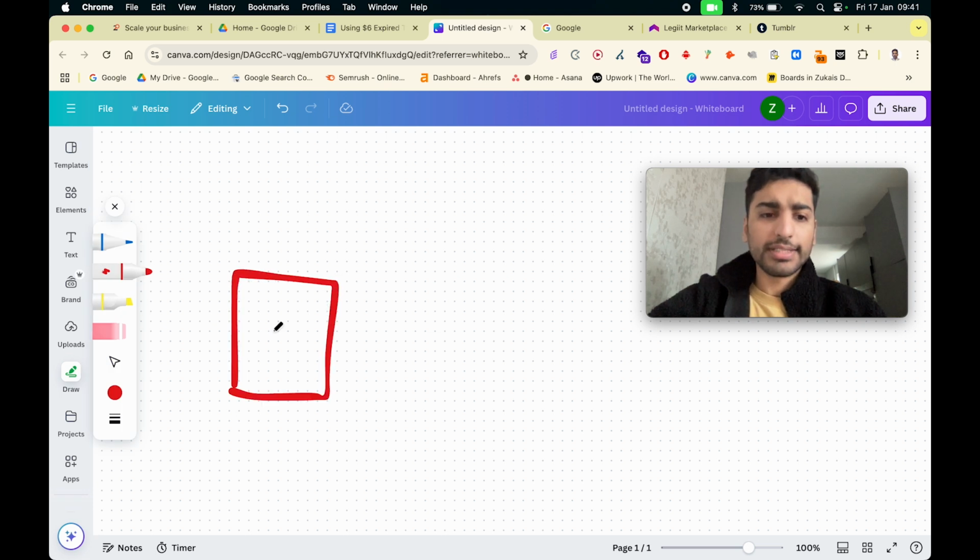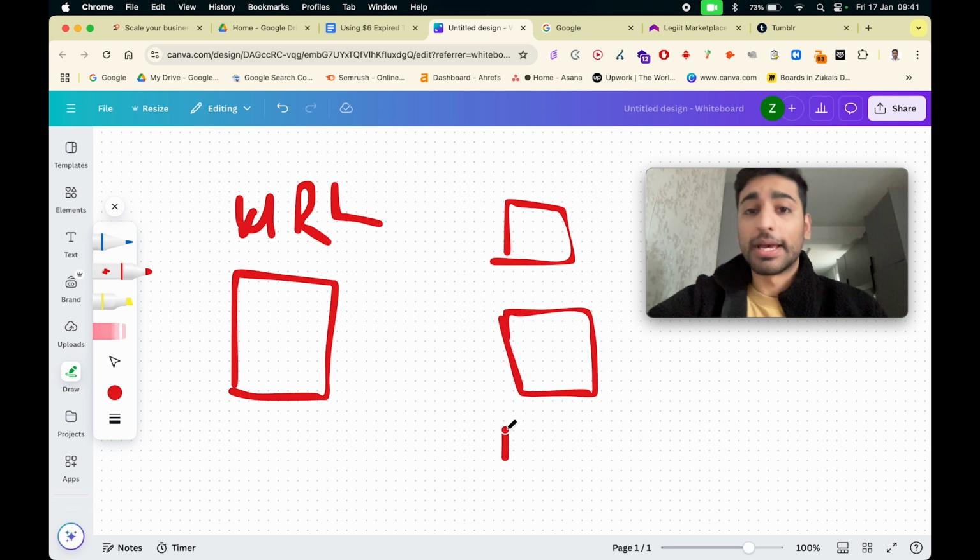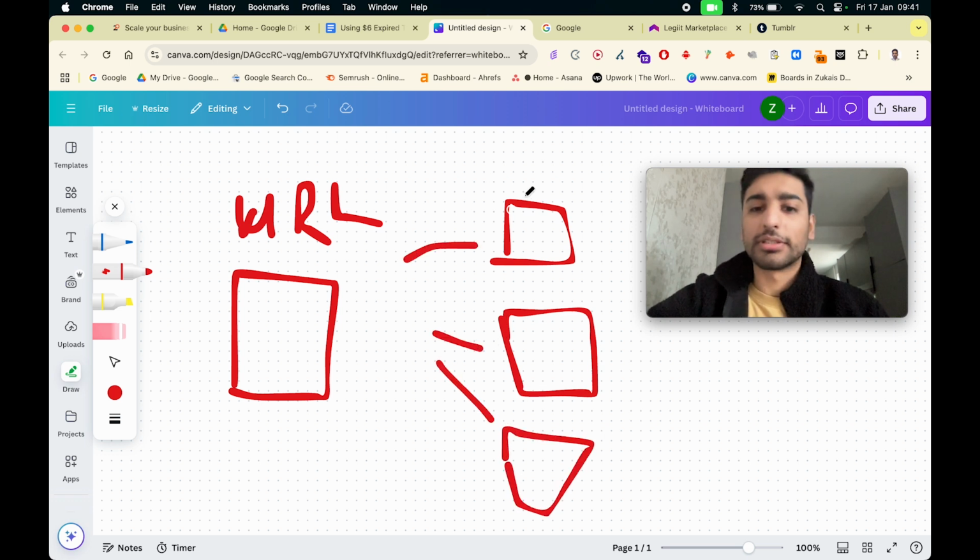So let's just say there's this URL right here, right? That's not a U, that's a terrible U. But there's this URL here, right? And this URL has lots of different pages on the internet pointing to it. Now, these aren't necessarily the highest quality types of links pointing to this particular Tumblr profile. But by the time it gets to your site, it's going to pass a lot of this authority over,